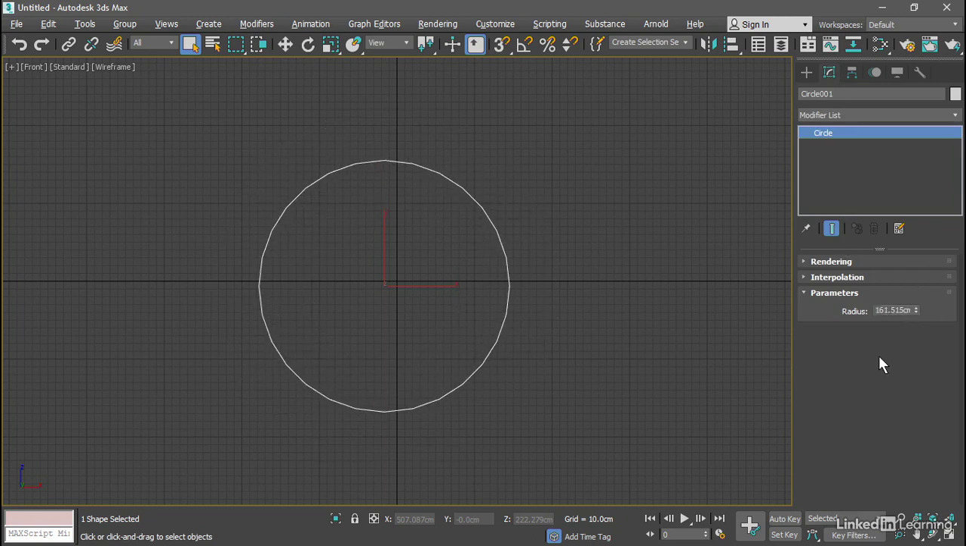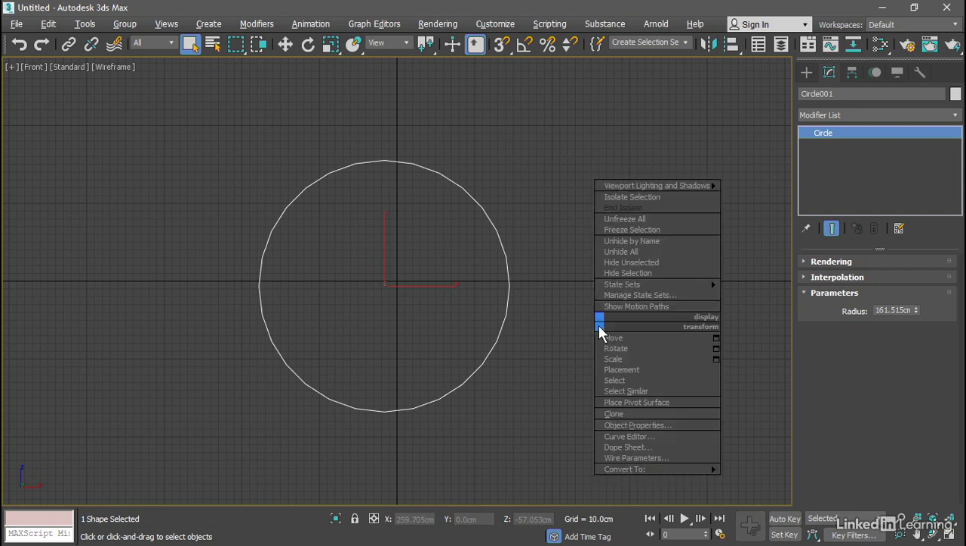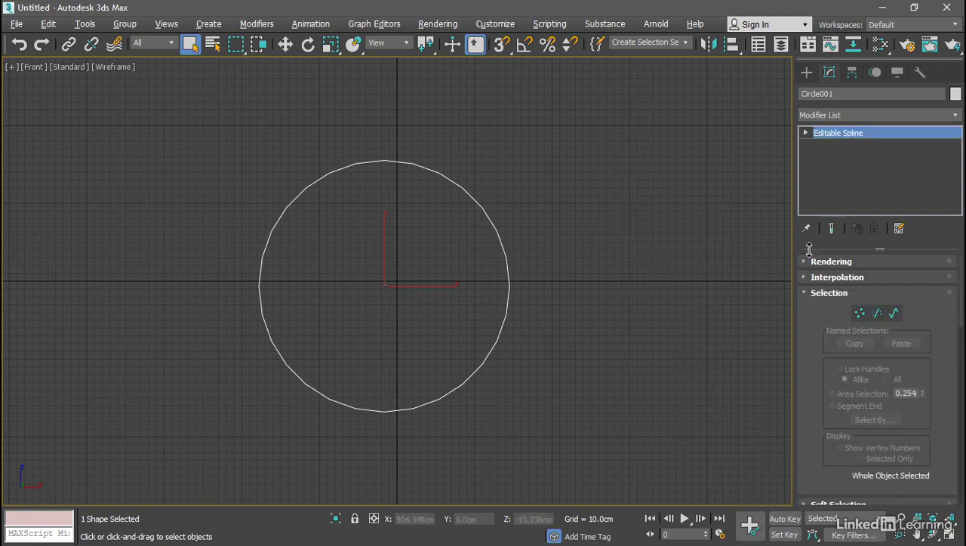To edit the shape of this curve, we'll need to convert it. And the way to do that is from the right-click context menu called the Quad menu. So with that object selected, go over to the viewport and right-click anywhere. From the bottom of the Quad menu, choose Convert to Editable Spline. As soon as you do that, the object type is converted from a circle primitive into an editable